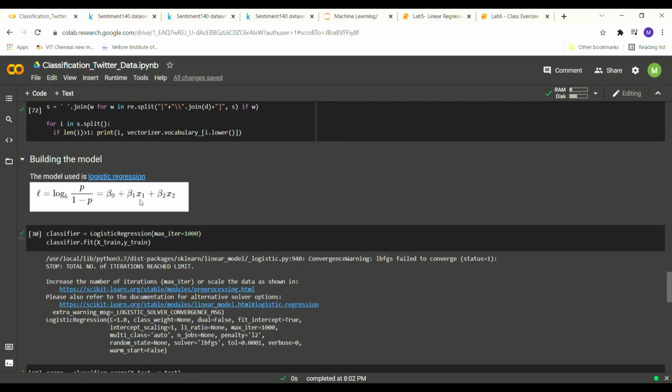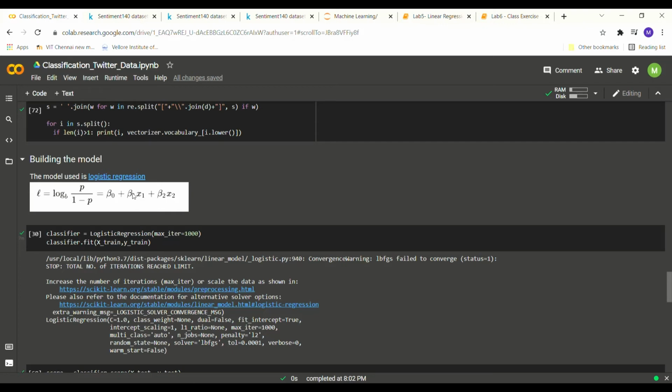We can see that each of the variables here also has a weight corresponding to it. The weight will depend on the word. For example, if you're looking at the word good, then it will have a positive sentiment, so it will have a positive weight associated with it. And for instance, if you're taking the word bad, then it will have a negative weight associated with it.